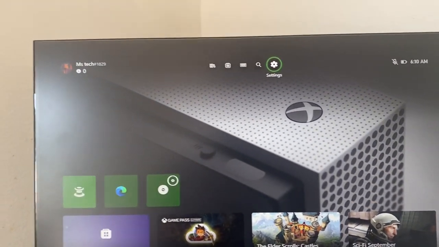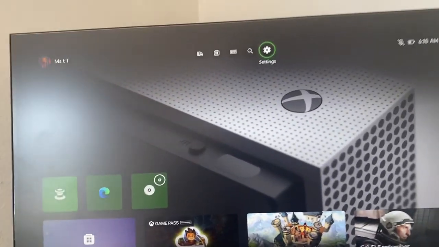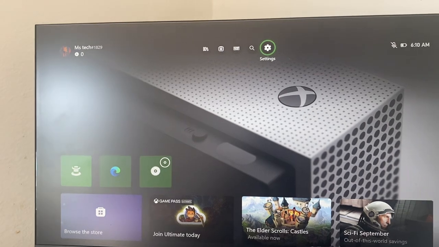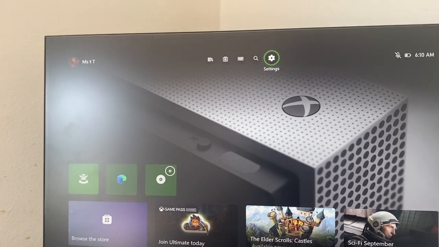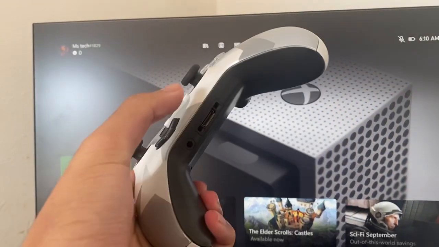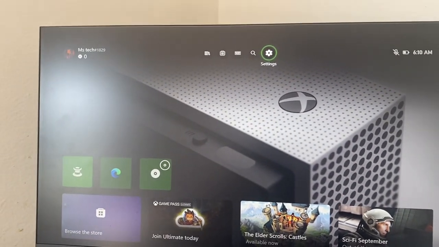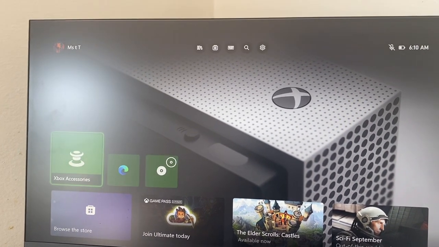In today's video I'm going to be going over how to fix the Xbox issue when you connect your headphones to the controller but you still hear the audio through the speakers. So let's get started. In order to fix that, when you connect your wired headphones to the controller and it says it's connected but you still hear the audio through the speakers, what you have to do is go